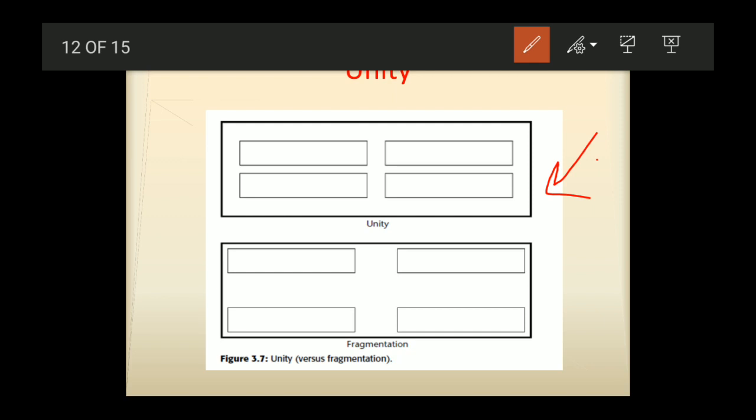With unity, the elements seem to belong to each other, and the opposite of unity is fragmentation, wherein each piece retains its own character. Right? In screen design, similar sizes, shapes, colors prompt unity, and so does white space borders at all display boundaries. Right? Unity should exist between the related screens and the website screens as well.